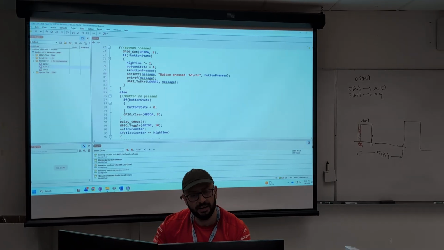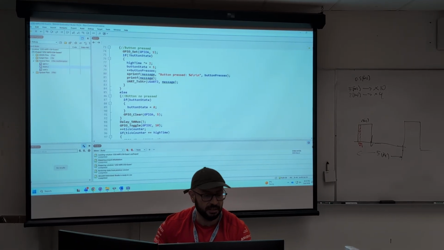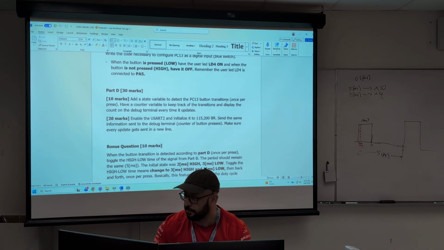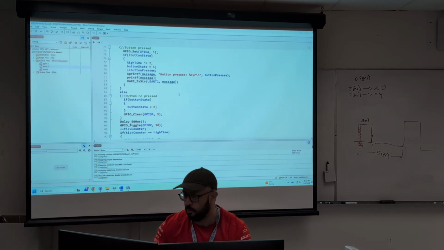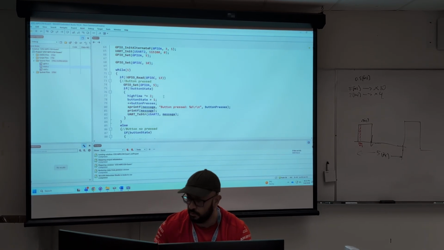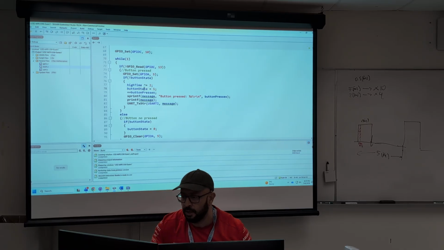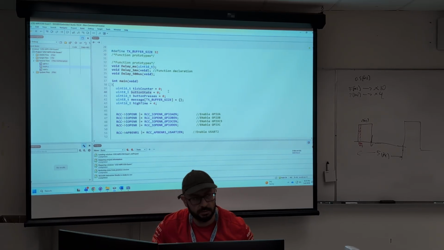Okay? So the last part actually is the only most challenging, just the part D, which is 30 marks. Where you have to, in the first part, use the switch transitions and count. For that we needed to use a state variable that we did give you some examples, so it was just a matter of checking that. And we have this button state variable that starts at 0.